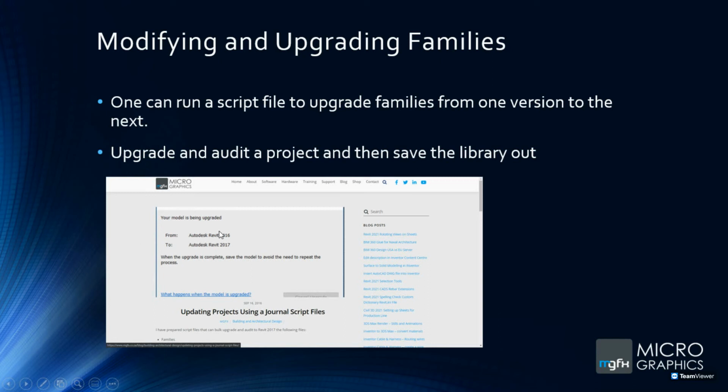There are some add-ins that do this, or you can load all the families into the project, although that might be very large, depending on the size of your family library. And you can upgrade the project, or depending on what software you come from, there's different ways that you can go about this, but it's important to make sure that your content from one year is compliant or compatible with the next year's project, because,